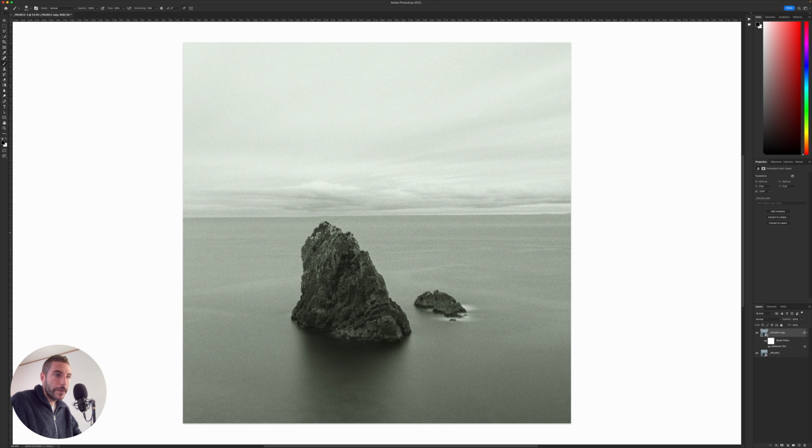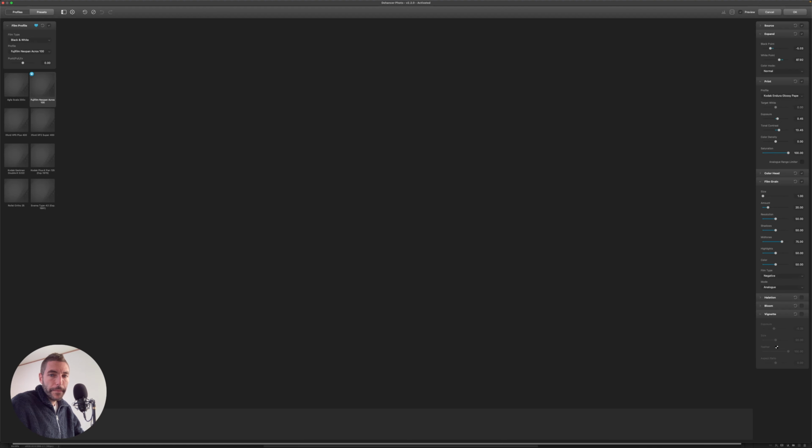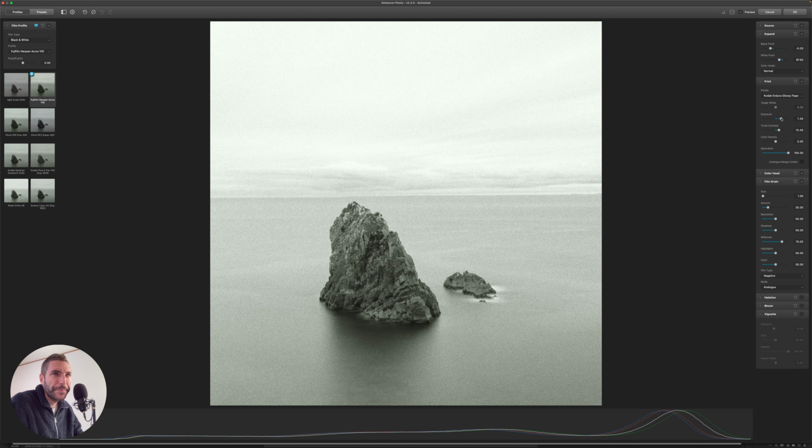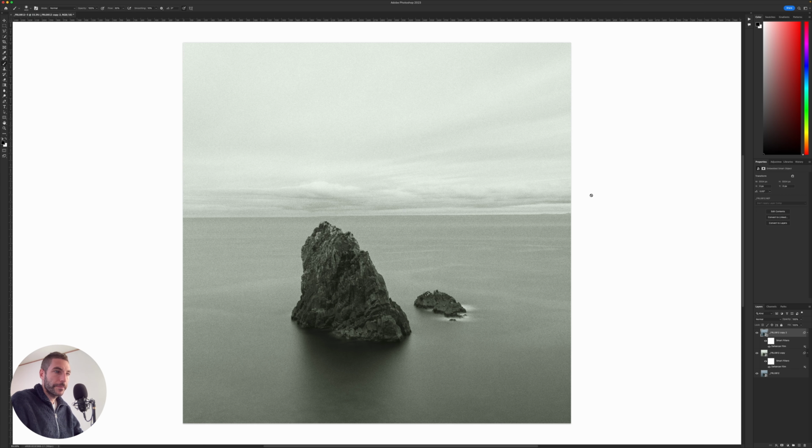Another thing that you can do is, let's say I want to change how the filter looks just on a part of the image, maybe on this rock. What I can do is I can duplicate this layer again, and then I can go in and do all the type of editing that I want to make this rock look exactly the way I want it. So for example, I would probably increase the exposure slightly to make it brighter, not too much, and I will probably add a little bit more contrast as well.